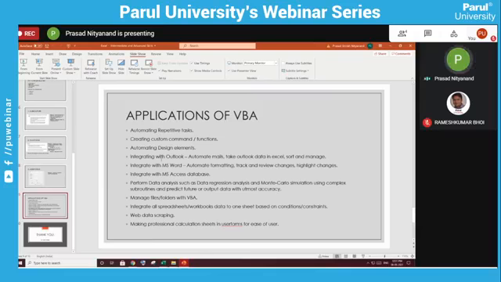Then integrating with MS Access. MS Access is an application which has a huge amount of data, and there is a lot of integration available in MS Access. All that database can be exported to Excel, and it can be automated. Next are some data analysis problems, such as data regression analysis and Monte Carlo simulation.